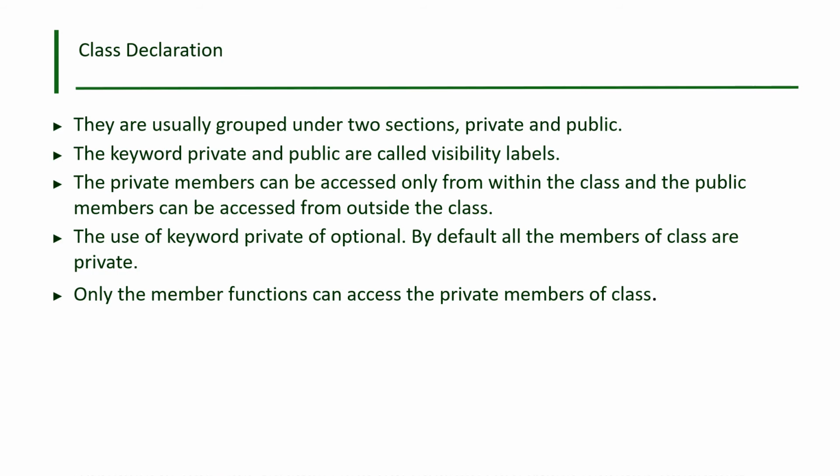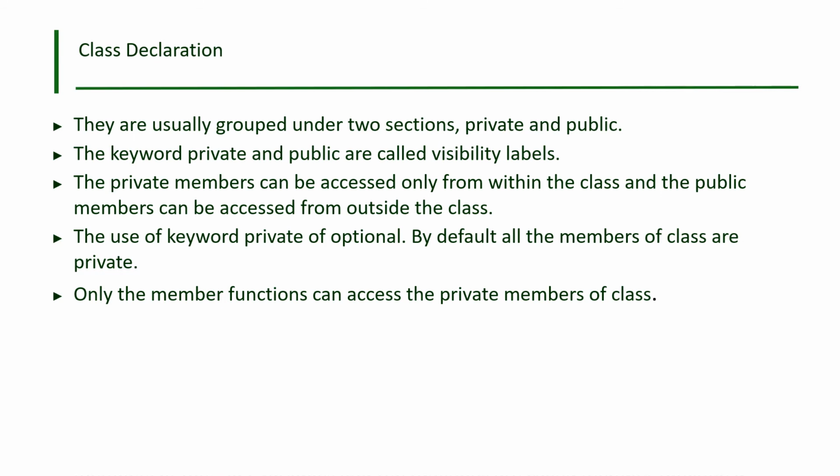So what is the private access specifier? Whatever you write in the private access specifier, we cannot access outside the class. But we can access it through the public access specifier of the class. The private keyword states that you can access your data within a class, and whatever you have declared and defined in the public access specifier, you can access from outside of the class.